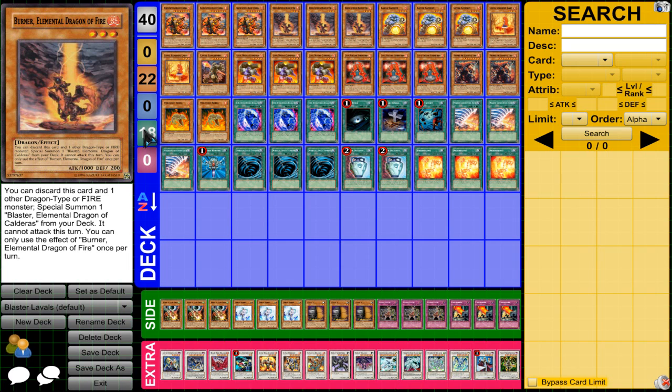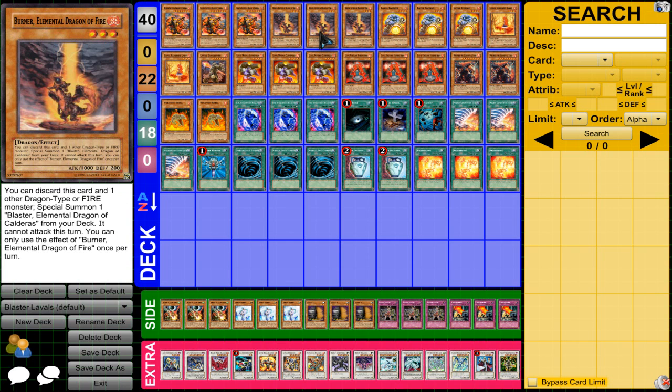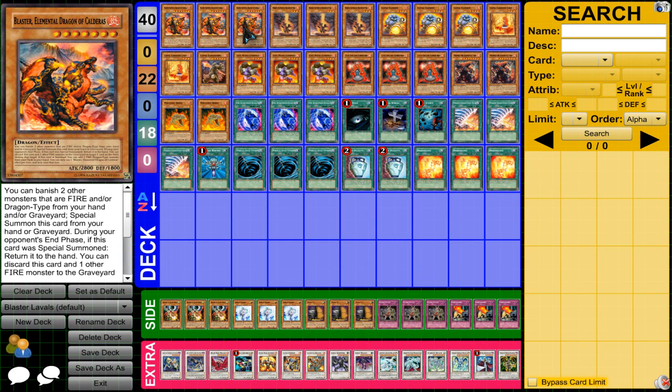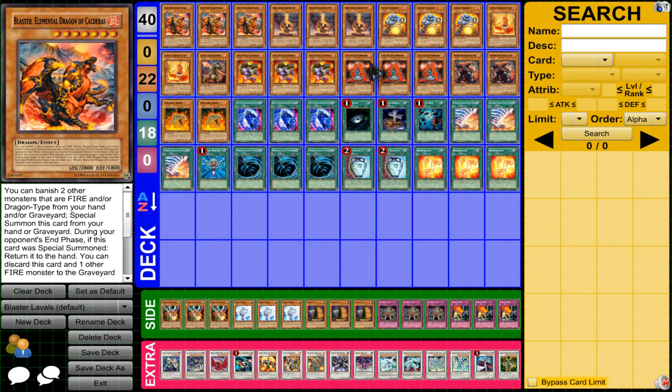It can't attack that turn, so it doesn't let you get damage in, but if you can get a special blaster with his own effect, then discard a Burner, you can have 2 blasters on board, and you can't exceed because that's dumb, so I don't know why I brought that up, but what you want to do usually is discard Burner and something else, and then get the Handmaiden and Synchro, because the Synchro monster can attack,